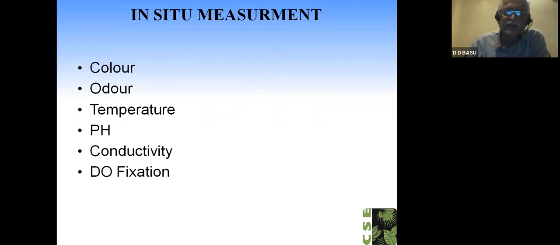in situ measurement. Which of them do you have to measure in situ? That is, in the field. You cannot do it outside: color, odor, temperature, pH, conductivity, and DO fixation. That means you take the DO bottle and fix it with your fixatives, and then you keep it and then bring it in. All the others you do by meter. Next,